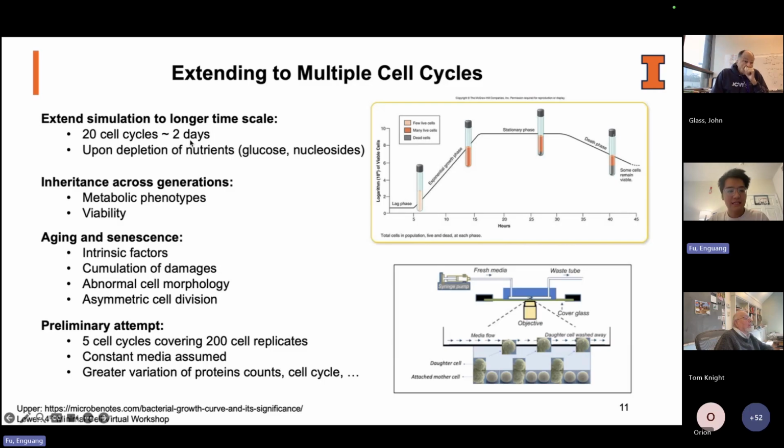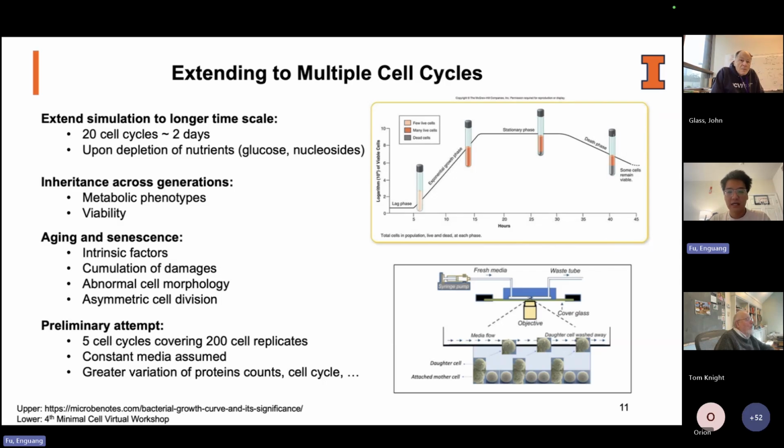So, for example, by extending the simulation to 20 cell cycles, we can simulate 2 physical days. And by doing this, we can investigate the cellular activities upon the depletion of nutrients like glucose and nucleoside. We're also interested in the inheritance of metabolic phenotypes and variability across cell generations. And resonating with JCVI, we are also interested in the aging and senescence resulting from intrinsic factors such as